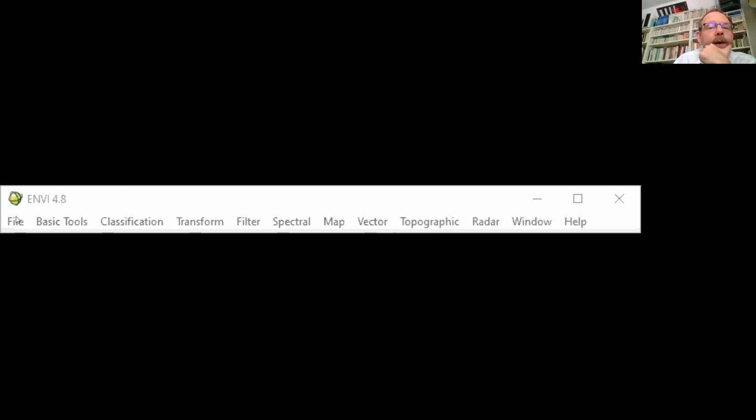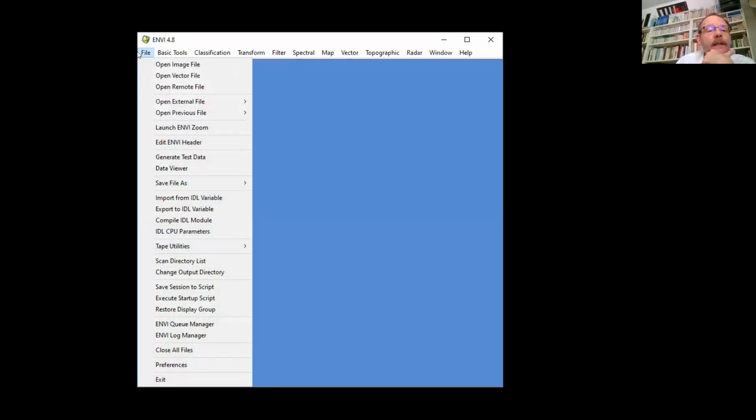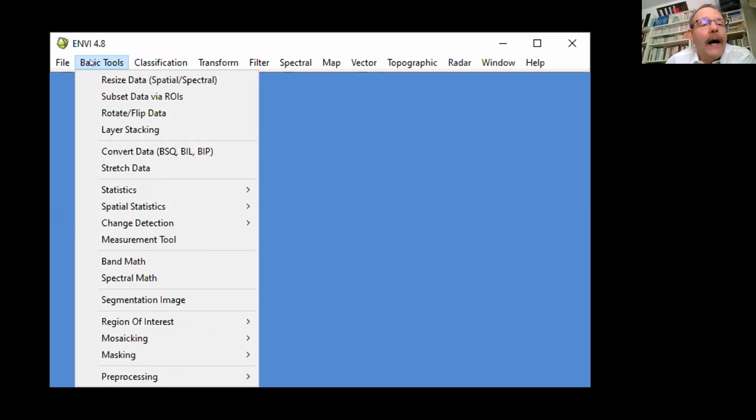So you see that ENVI is composed of different kinds of items, so-called File. File is important to download and to launch the different files you have selected. So we will discuss the main interesting sub-items. So the item Basic Tools,